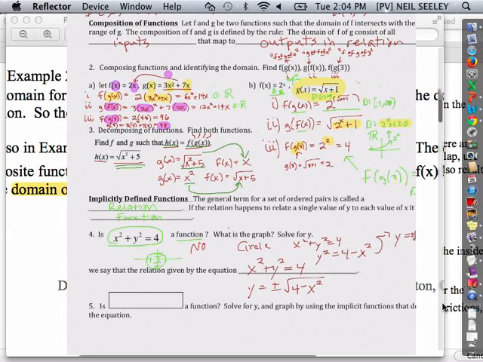Do you want to go back to something we learned a long time ago? What can you tell me about an even power of y greater than 1 with respect to whether it's a function? Do you remember that rule? It's the rule of thumb. If you have an even power of y greater than 1, is it a function or no? No. So that's actually